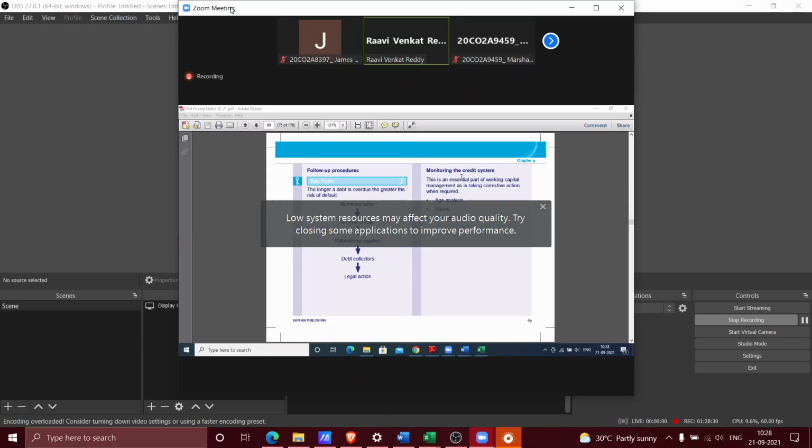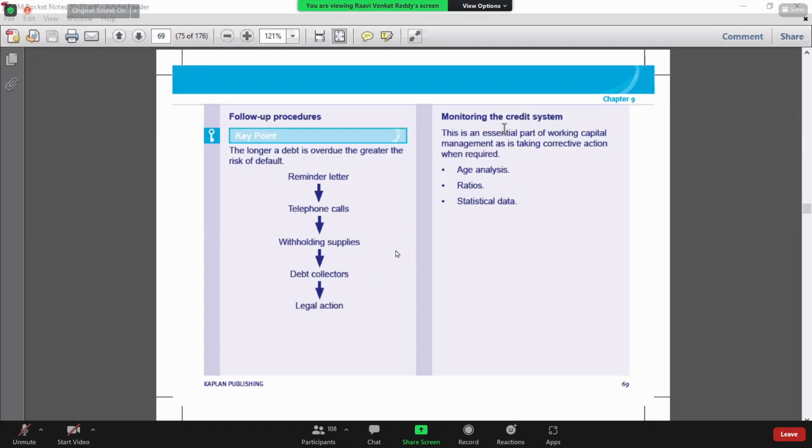First, a reminder letter should be sent, and do remember, the reminder letter should not be harsh. You should not threaten the customer. Initially, the reminder letter should be soft spoken. Do remember, this is a very, very important point. Then after, if the customer didn't respond to the reminder letter properly, then you should go with a telephone call. So in the telephone calls also, it should not be harsh. And if that fellow didn't respond to the telephone call also, now you can withhold the supplies. It means you should stop the current supplies. So whatever the current supplies are, you need to stop them.